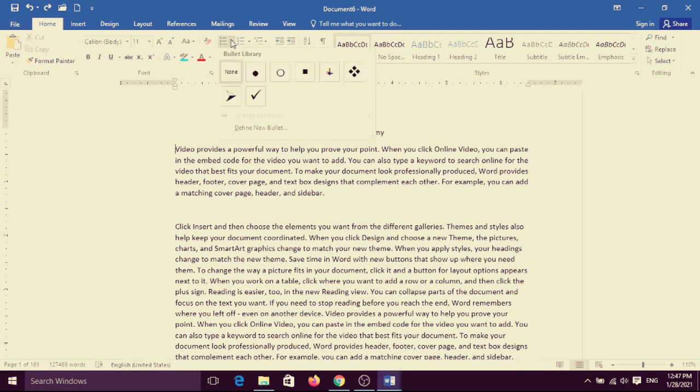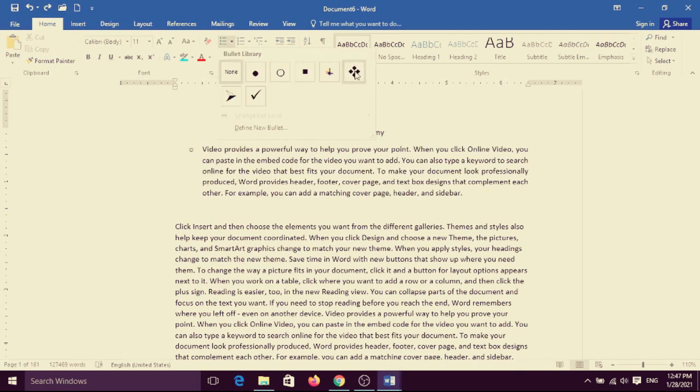When you click here, many types of bullets are given. You can choose like this type: dot, circle, square. This is a symbol icon, and also this and this. And you can also define new bullets.